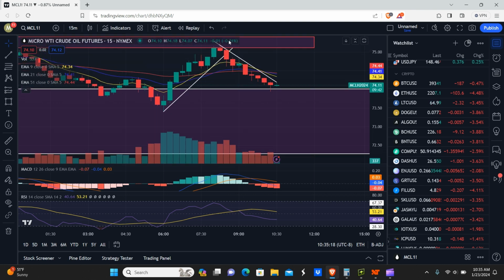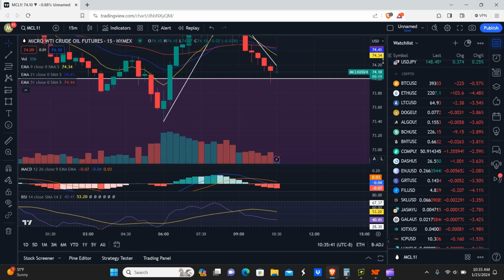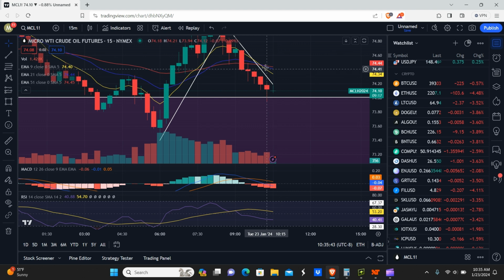Once it broke this uptrending line of support here, what we were thinking is, okay, it needs to get down to the EMAs. That's the first thing, so we can get our first profit target. And then we need to hold this downtrending line of support, and then we need to see it crack the red EMA here and all the other EMAs at that point. And then obviously have a triple death cross here on the EMAs, which you guys can see we did have